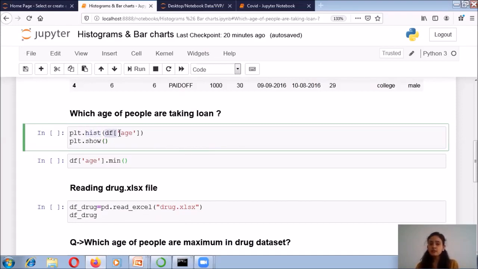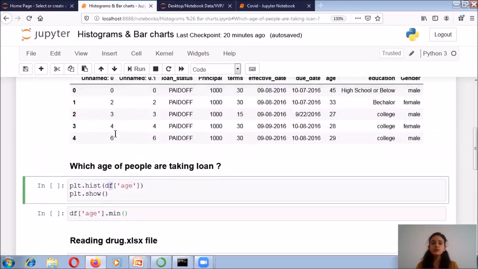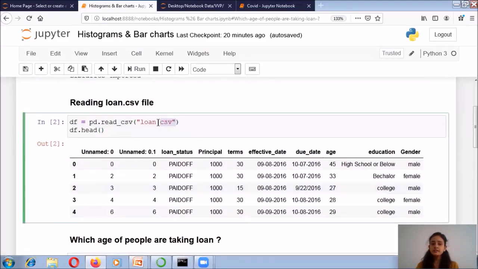As an argument, you have to pass the variable on which you want to plot the histogram. Over here I want to know the age of the people who are taking the loan. So I will write df, and in brackets I will write age. Why have I written df over here? Because my data set, loan.csv, is completely read and present in my variable df.